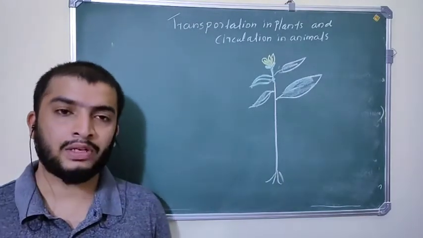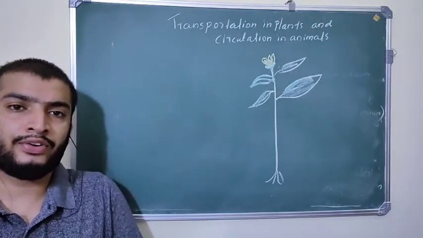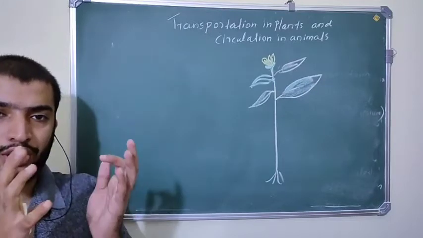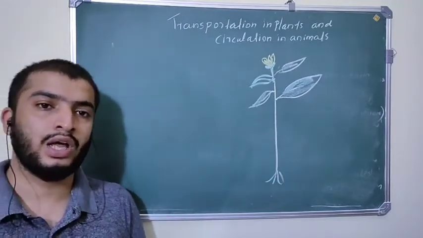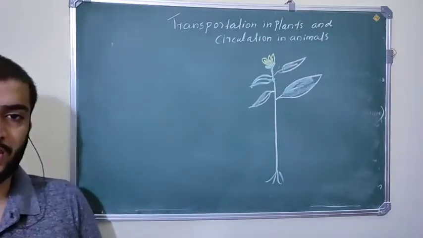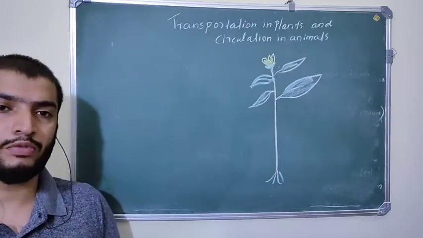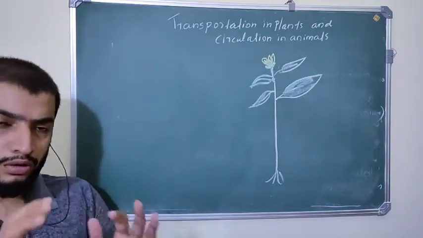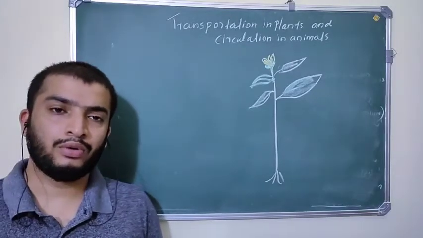In this chapter we will study how water and minerals are transported from root to leaf, then how food is translocated to all different parts of the plant. Then what the circulatory system is, what the structure of the heart is, what the different types of blood vessels are, and what the components of blood are. All those things we will cover in this chapter. Okay, so first of all,